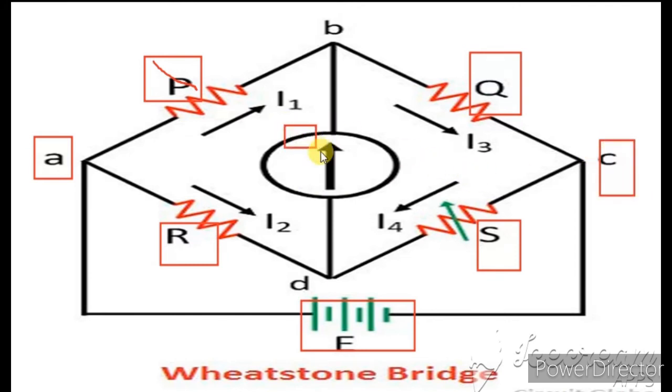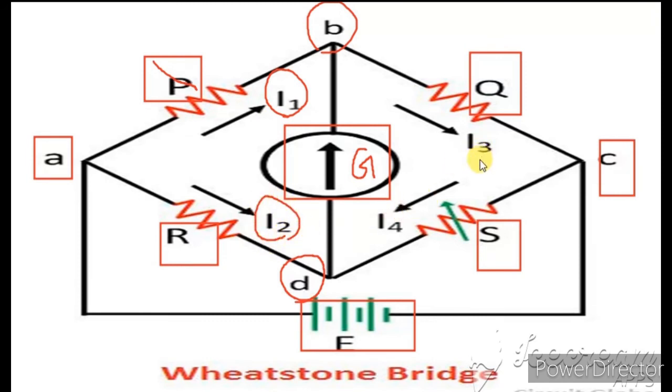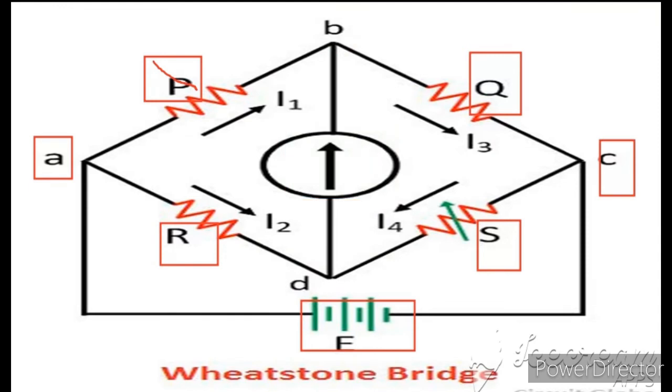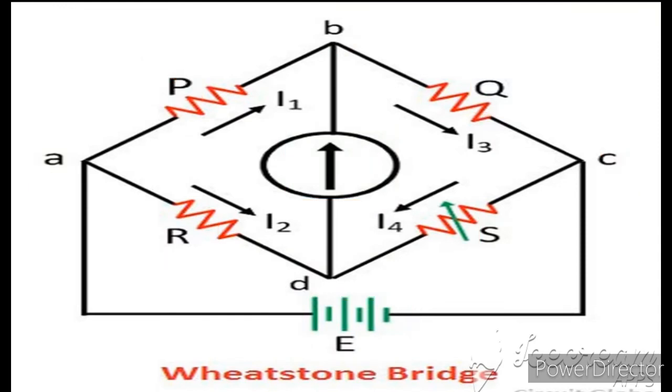And next here we have the galvanometer. Okay. So this galvanometer measures the current, and that is between the points B and D. So the galvanometer is connected between B and D, and this battery is connected between A and C. We also have the four currents which are named as I1, I2, then this side we have I3 and I4. So these are the currents. Okay. This explanation will be given in the next paragraph.